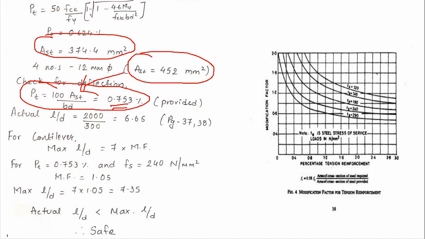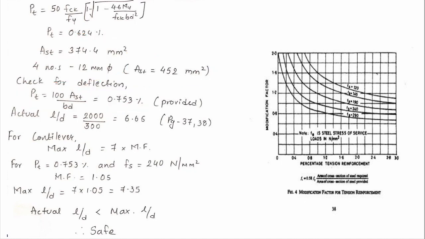So now how to read this graph? Here we can see that the x-axis starts from 0, 0.4, 0.8, and as our value comes out to be 0.753, it will be somewhere around here. So we need to take a vertical line from this, and we need to match the 240 curve, that is this curve. We take a vertical line from this, and we get an intersection point somewhere around here.